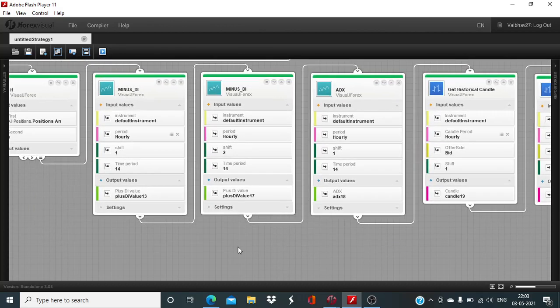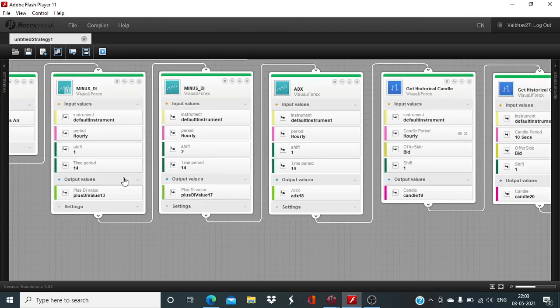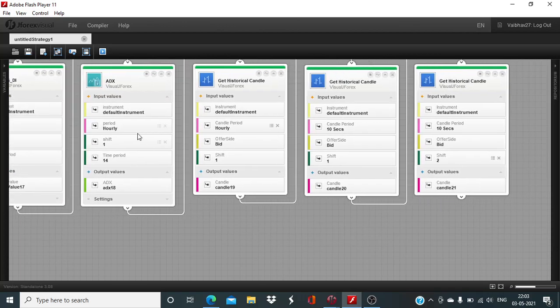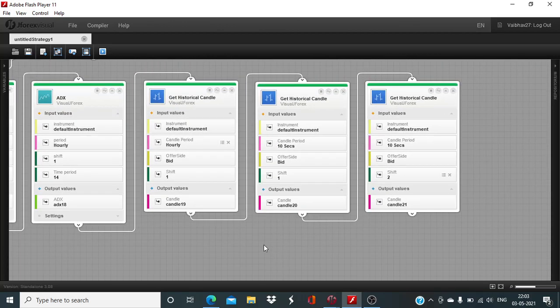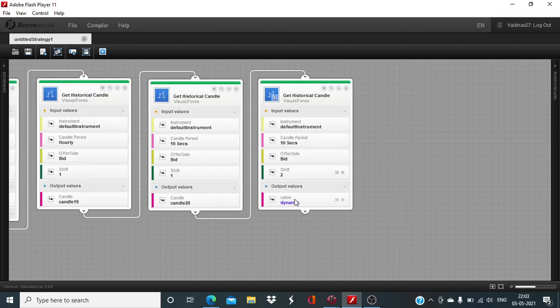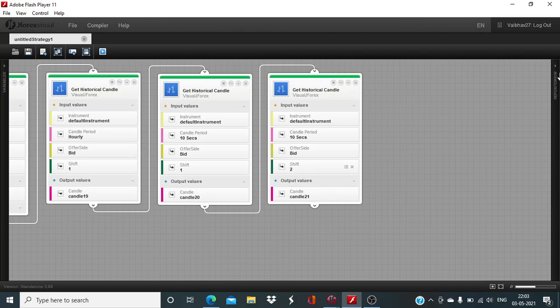I have taken these minus DI two indicator blocks of the different loopback periods. So one is last hour and one is penultimate hour, and we will be doing the comparison. ADX value is to determine the strength of the trend, and to look at the immediate price action, we will be utilizing this historical candle 19, and then to pinpoint the exact entry point, this candle 20 and candle 21 will come handy. Now let us define the